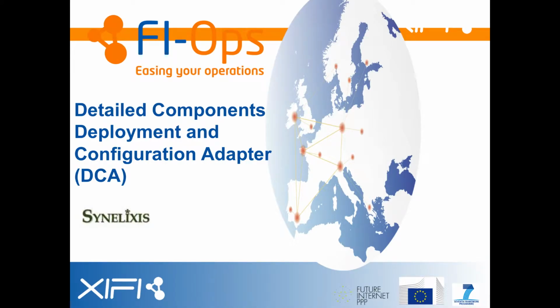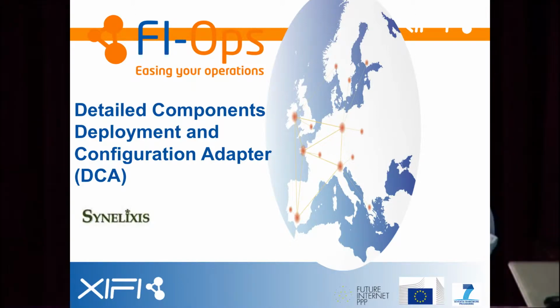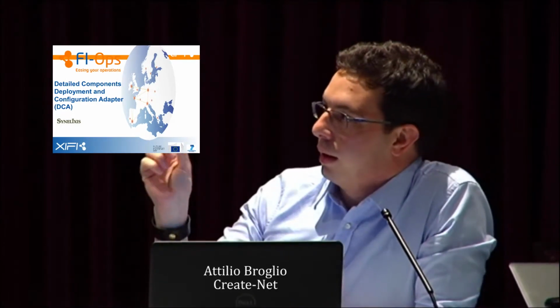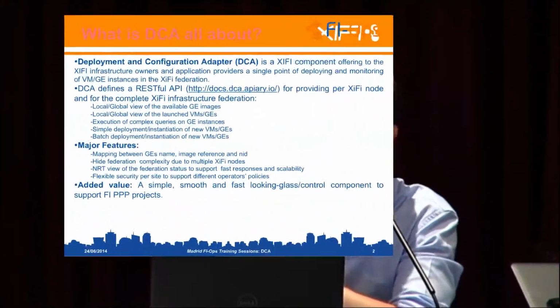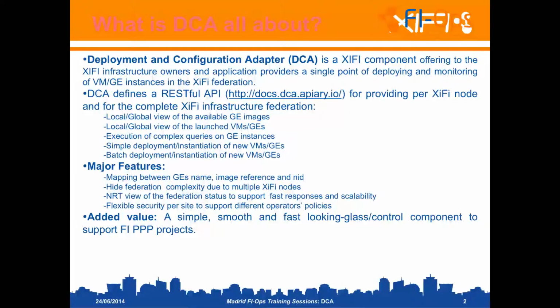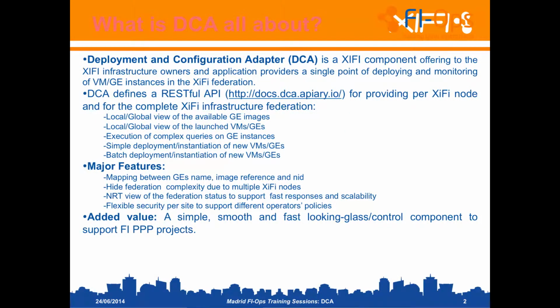I will introduce a quick overview of the DCA, a component that is developed by Synelixis. This component is written in Java and is running on a Tomcat web server. DCA stands for Deployment and Configuration Adapter. And as we can see during this presentation, it is a very useful component that can be used in order